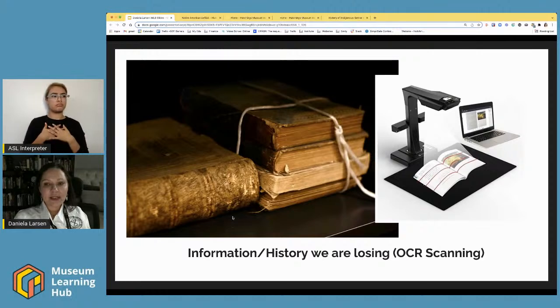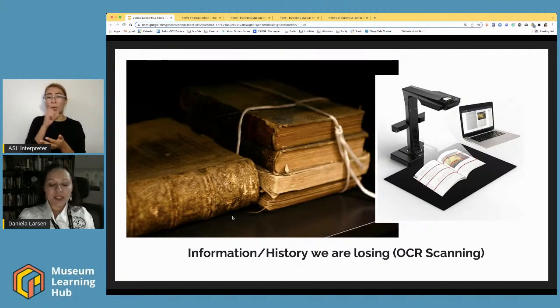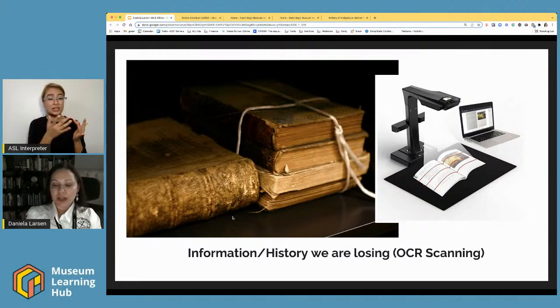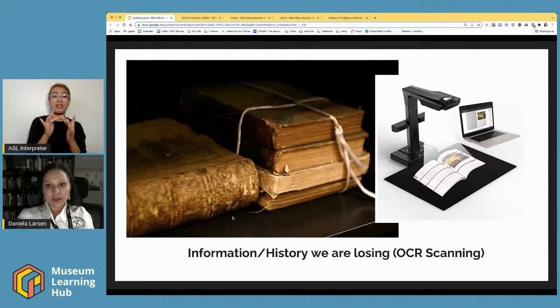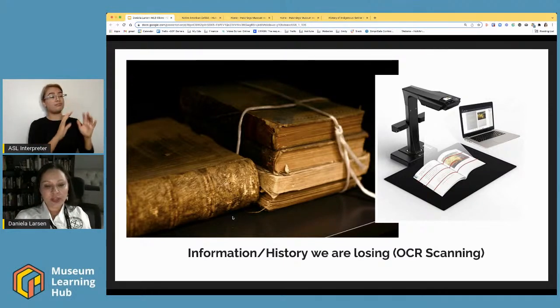But once again, digitizing these older books, with the OCR scanning capabilities that there are now, we're basically creating an online library of a lot of these books that are out of print.